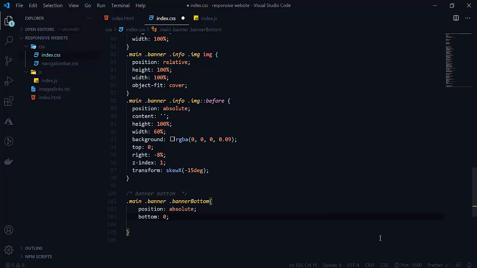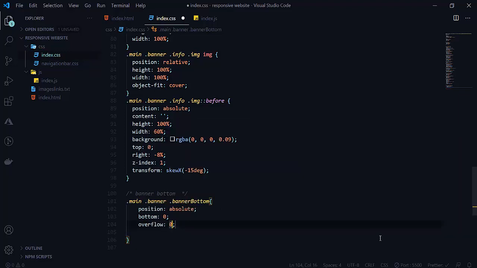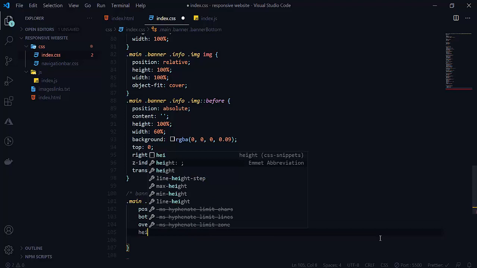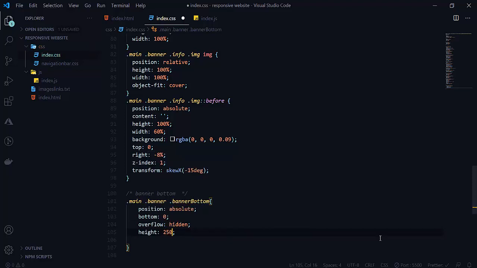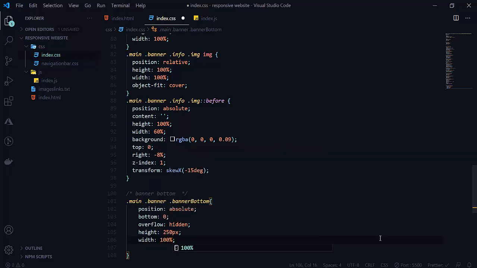So bottom as 0 here, and overflow will be hidden here. So overflow will be hidden, and its height will be 250 pixels, and width will be 100% here, and display will be grid.